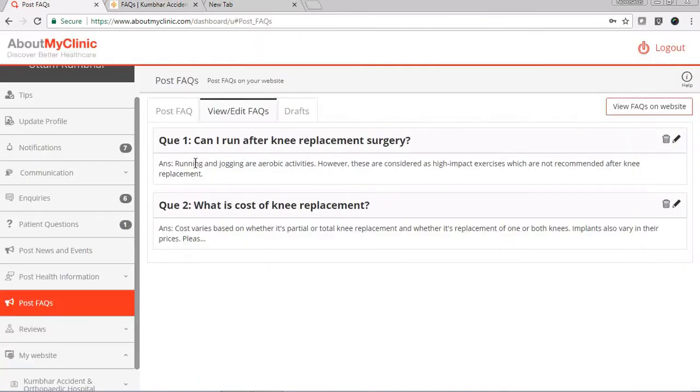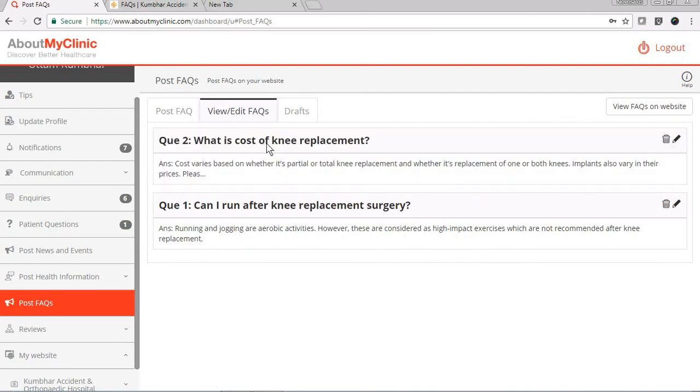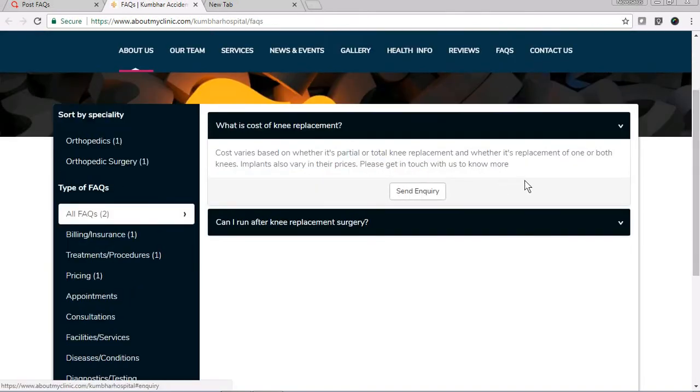So let's try to change the sequence of FAQ. For example, you just drag and drop the FAQs to arrange them in a sequence that you want. Let's go to the website and see if the sequence has changed. So I'll refresh this page and let's see if the sequence has changed. Yes, it has changed. So this is called as call to action button. For example, sign in